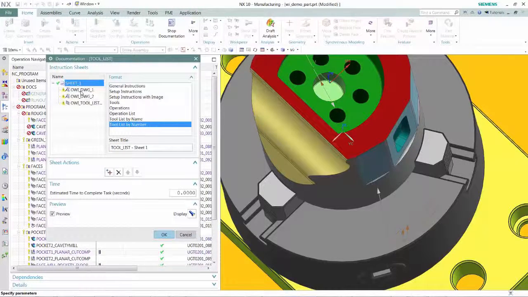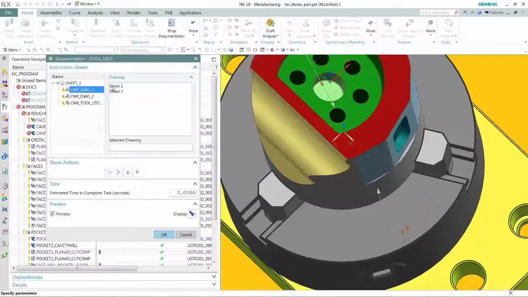So we can pick any stored drawing in the part file and include it with the instruction sheet if the template offers this kind of item. The example template we're using now has two drawing selections, but you can include as many as you like in your templates. The second new item type is the tool list item, and we specify the program group we want